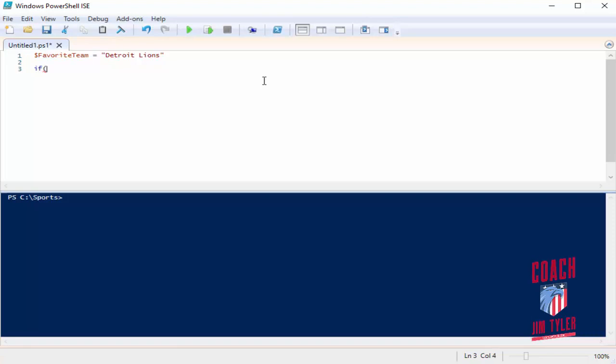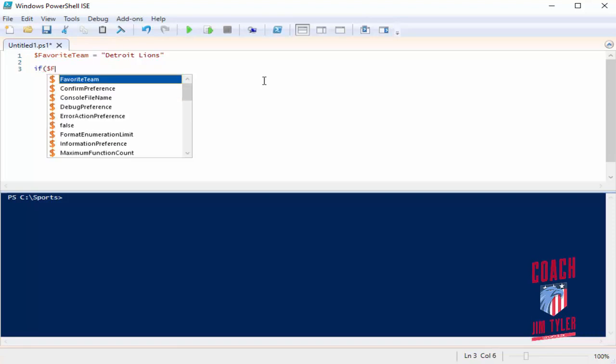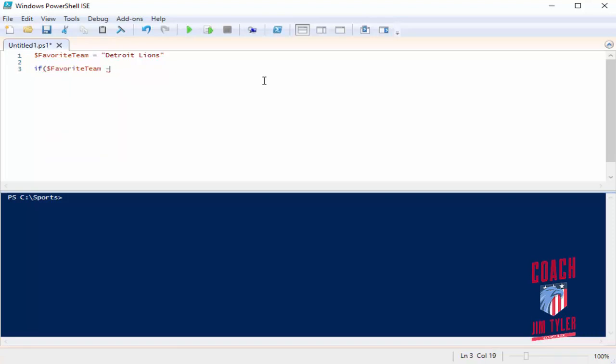Let's make an if statement that says if favorite team -like, and what we'll want to do here is actually put the asterisk for a wildcard. We'll see if it's like Detroit. Then what we want to do is Write-Host,